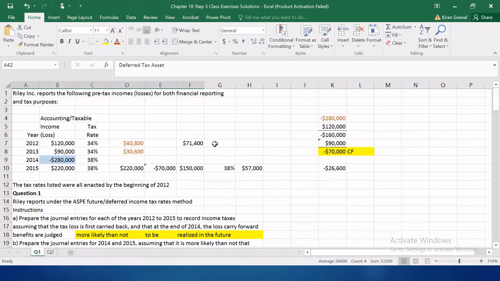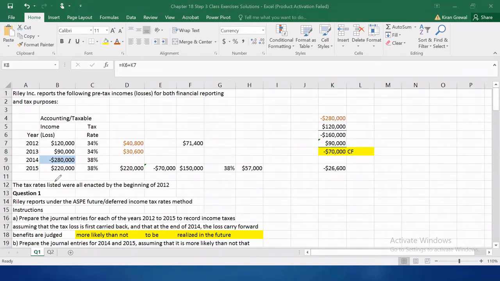All right, so let's look at 2015 now. So 2015, we have income of 220,000 with a 38% tax rate, but we know that we have a bit of a loss that we can use for this. Okay, so we have 120,000. We have a $70,000 loss. So if we allocate that $70,000 loss,